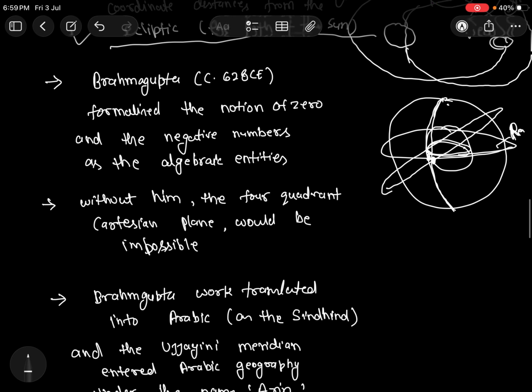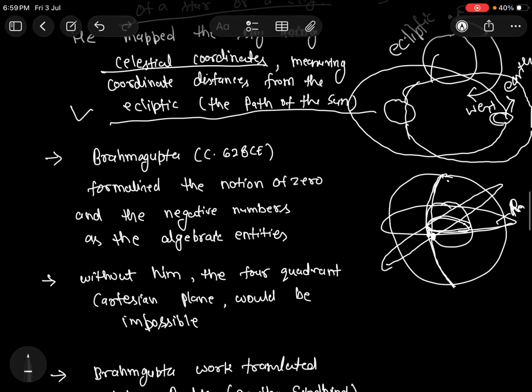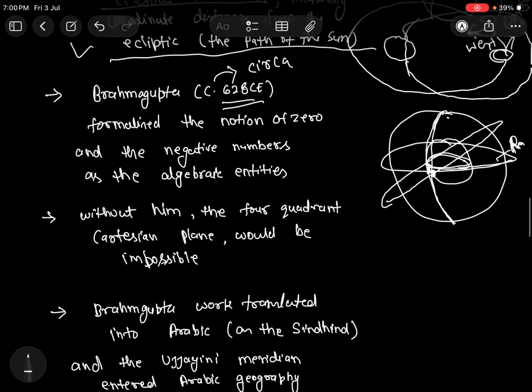Now, come to Brahmagupta's work. What is the meaning of this C? If you look in your book, the C refers to circa, which means approximate value. It means the year 628 common era is an approximate value. So what is the common era and before common era? You notice this many times when you are reading. Understand this timeline, let's say,